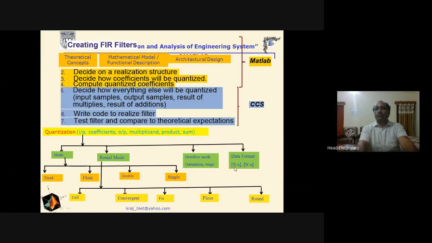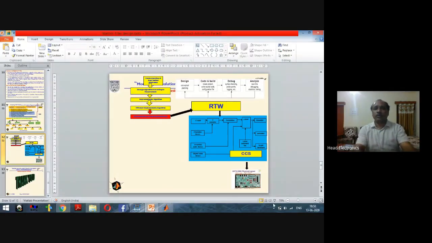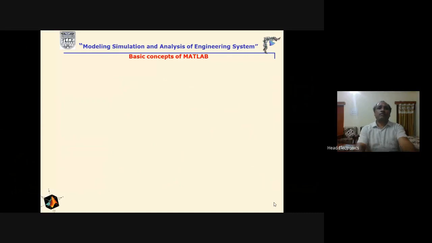Data format: the total word length is the capital N. And if we are using the fixed point number system, then small n represents the fractional number representation. And similarly for the floating point, this is the total word length and this is the number of the bits that are used in order to represent the exponent. So here these are the representation of the quantization and why it is required. Now see, first of all, we have to understand the application problem.